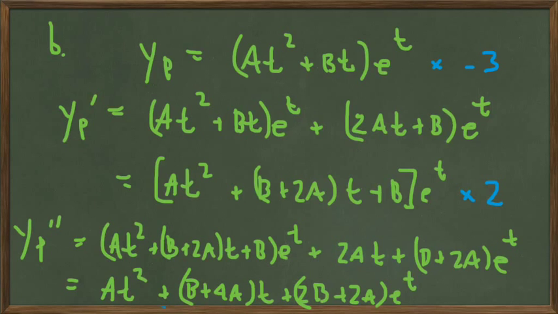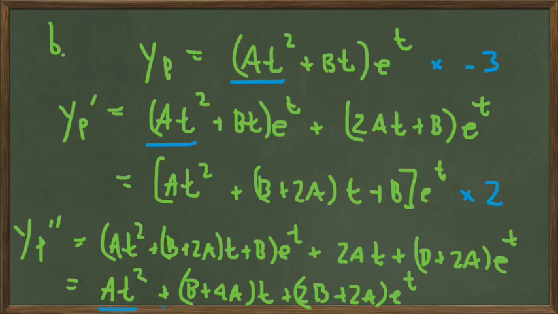If we multiply by minus 3, we're going to get minus 3at squared from here, 2at squared from here, and 1at squared from here. So we just have 0at squared. And then if we do the t part, we've got